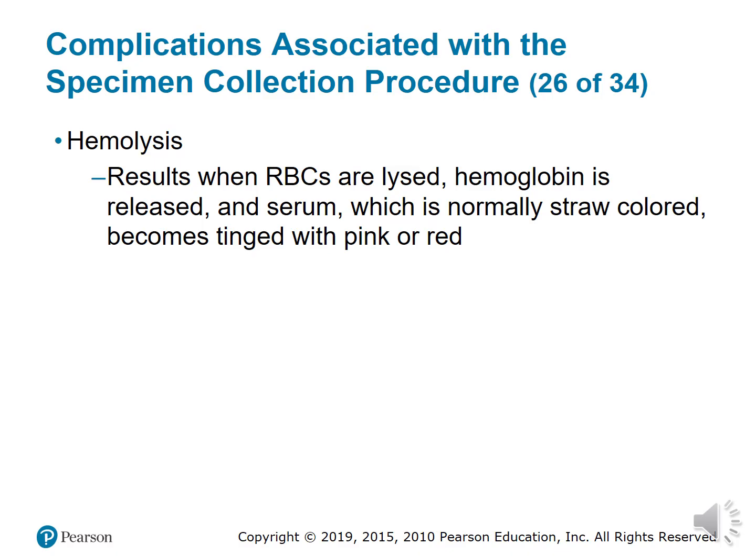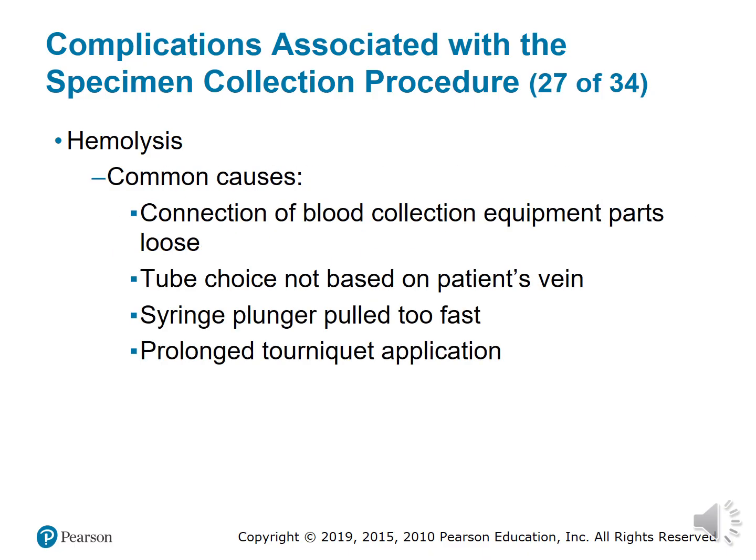Hemolysis. Hemolysis results when red blood cells are lysed, or broken apart and destroyed. Hemoglobin is released and serum, which is normally straw colored, becomes tinged with pink or red. Hemolysis can also be caused by sickle cell disease, exposure to drugs or toxins, artificial blood valves, some infections,